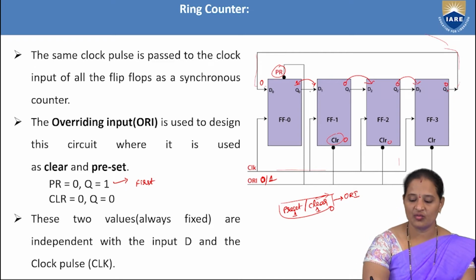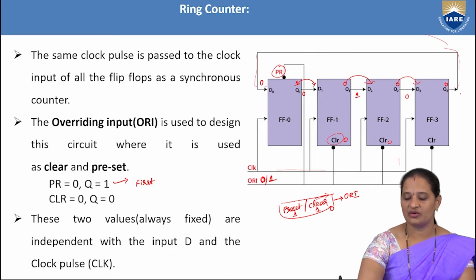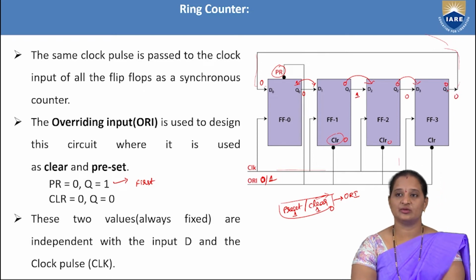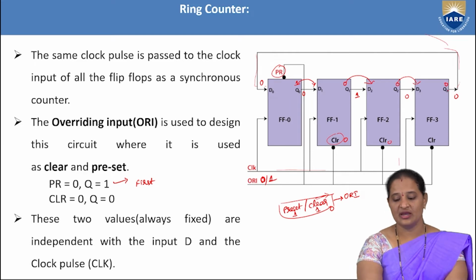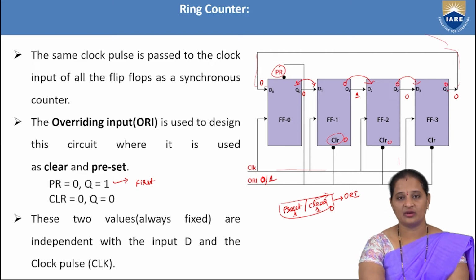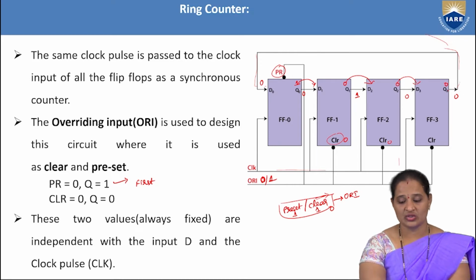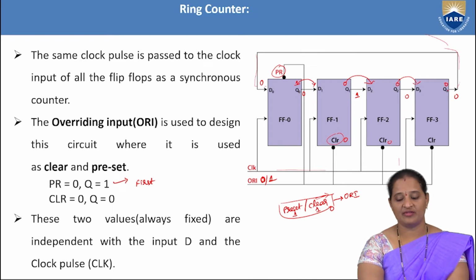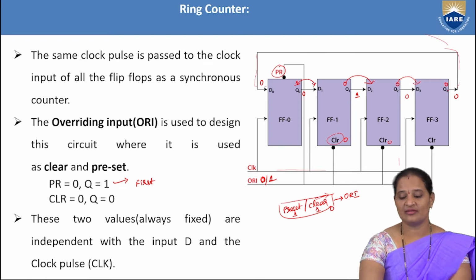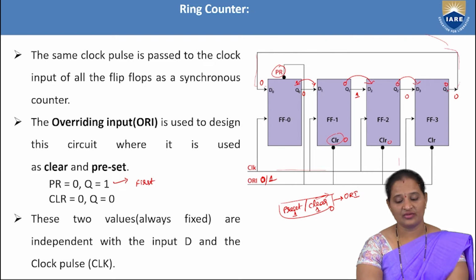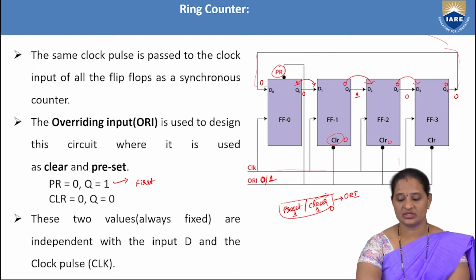Once it is done, what about the output here? Now this will be 0 and the output of this one will be 1. This one will be 0 and this one will be 0. So during the first clock pulse, the data stored in the first D flip-flop, as it was preset, was 1. That will be pushed into the second flip-flop, and the data stored in the second flip-flop will be pushed into the third flip-flop. Now the output of the third flip-flop is 0 and the fourth flip-flop is again 0.